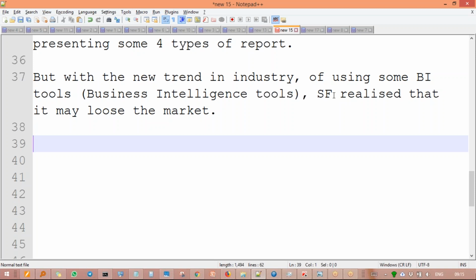Similarly, Salesforce now realizes this is something good, and we can take the benefit. Now, where is the connection of Salesforce and Bitcoin or blockchain?